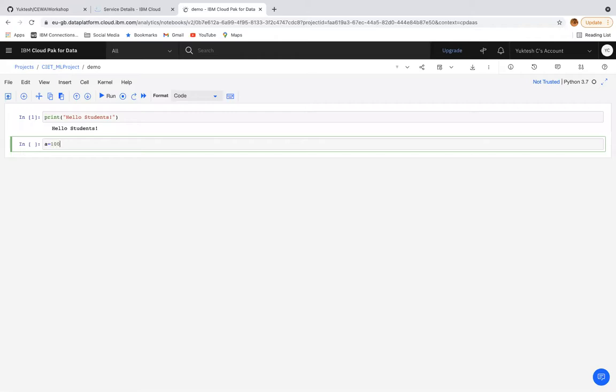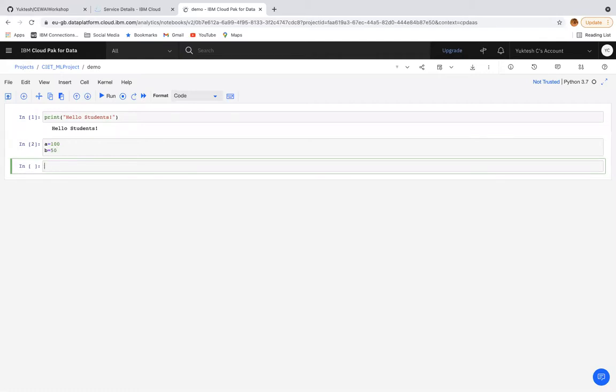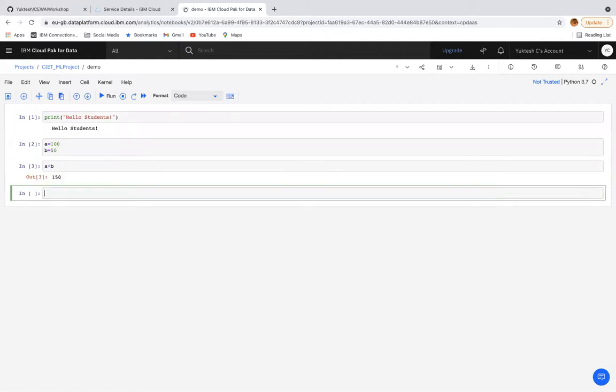Watson Studio comes along with projects in which you can work with Python language the way you want. Whatever you see here is called a cell. If you are familiar with the Jupyter notebook, you can easily understand all these things. I have shown you a simple demo file just to show how you can easily work with Python. But our intention is not to work on basic Python. Our intention is to work on the machine learning algorithm.